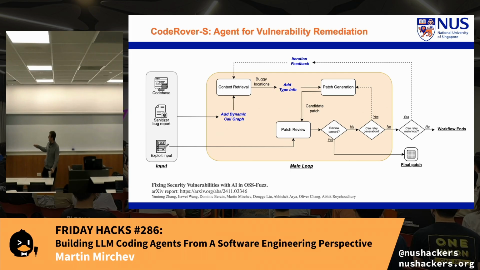Now, we took the general CodeRover system, like the whole agent loop, but we modified it a bit because there are some nice things that we don't need to do. Previously, I presented how we added a reproducer agent that really was taking the natural language description and writing a test case. Now we don't need to. Now we have a real test input, so that means our reviewer can just focus on reviewing the patch itself. Just saying, okay, this patch is good, this really has solved it, or no, this patch is too general.